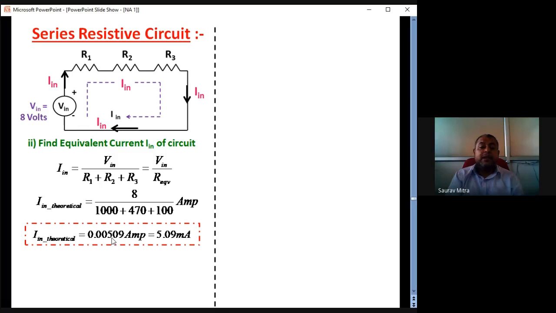Don't write like that. There is an ENG button in your calculator. By that you can convert all the small currents into milliampere. To tell you about electronics circuits, most of the circuits carry current in milliampere or microampere. A current of 1 ampere or 0.5 ampere, that kind of big current generally happens in electrical engineering. Electronics generally deals with currents in milliampere, microampere, and at certain times nanoampere.